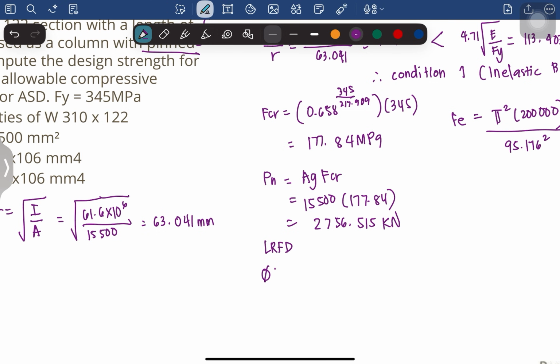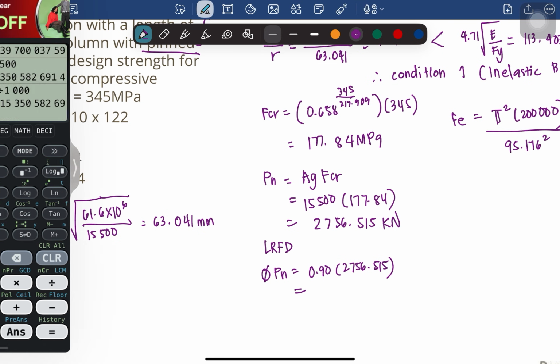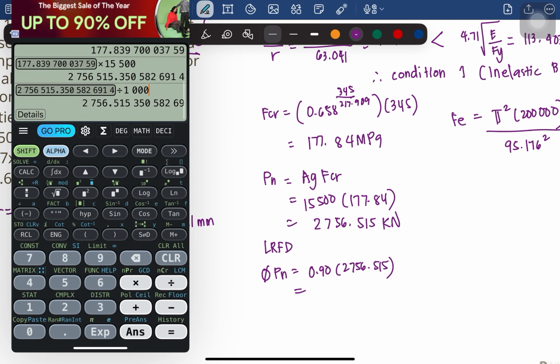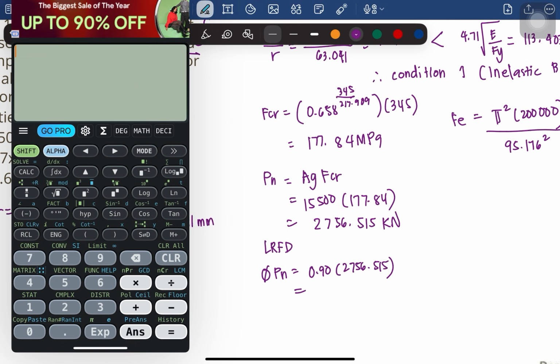So LRFD, 0.90 times 2,756.515 is equal to 2,480.864 kilonewton. I will store it to A para magamit natin 0.9. Then for ASD,